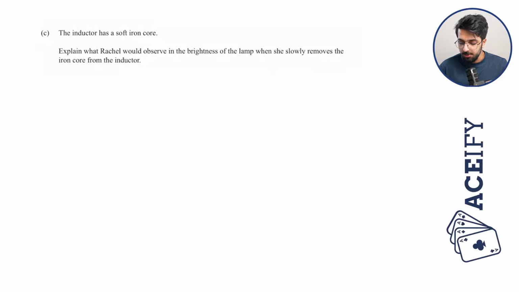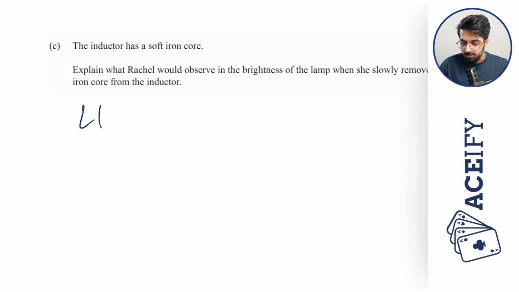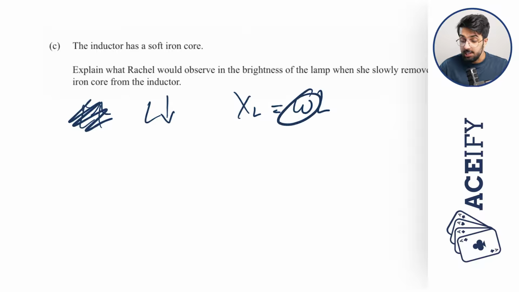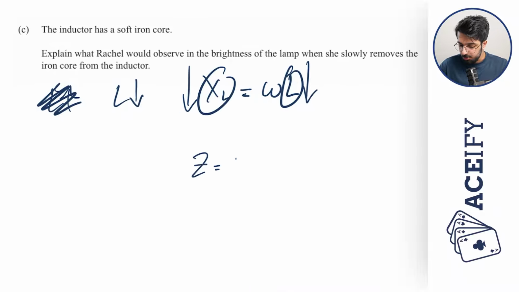The inductor has a soft iron core. Explain what Rachel would observe in the brightness of the lamp when she slowly removes the iron core from the inductor. Alright, so we know that the iron core increases our inductance, okay? So if we remove that, therefore we're going to decrease our inductance, alright? And so as the reactance of our inductor is equal to omega L, as the frequency of our circuit has remained the same, therefore our omega will remain the same, but we've decreased our inductance, and so therefore the reactance of the inductor will decrease,